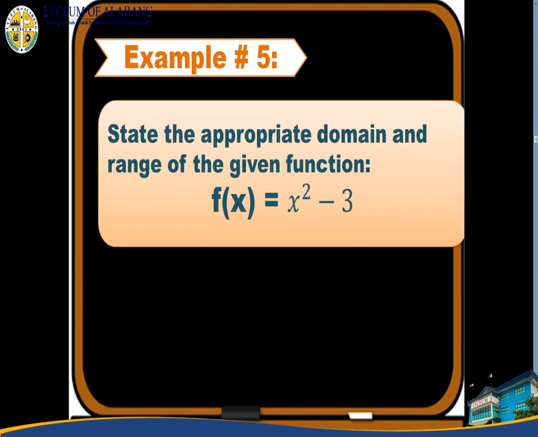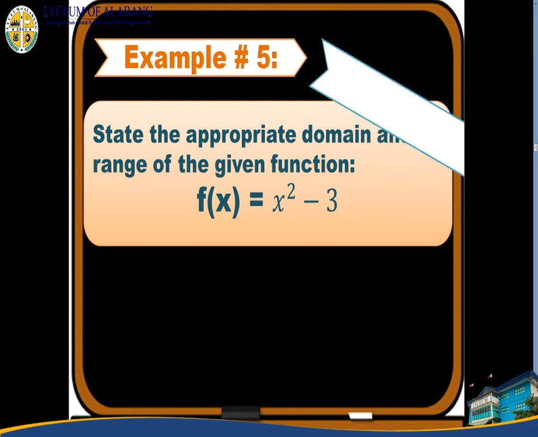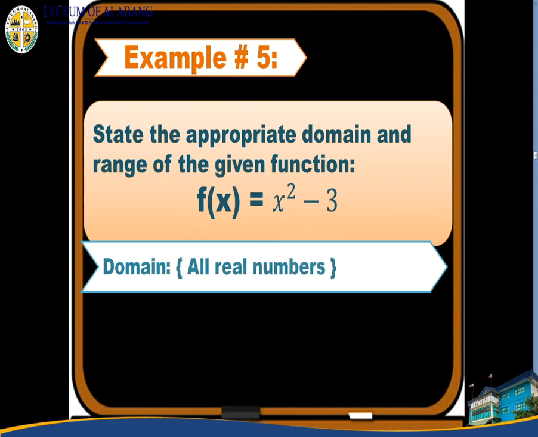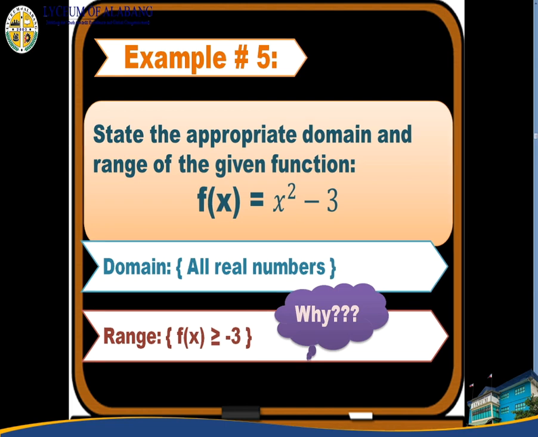Example number 5. State the appropriate domain and range of the given function. f(x) = x² − 3. The domain of this function is the set of all real numbers, and the range of this function is the set of f(x) ≥ −3. Why? Because